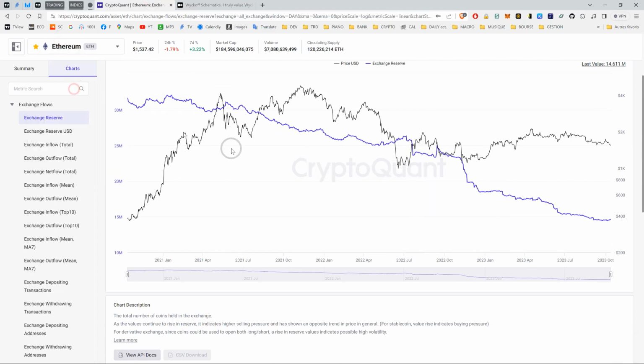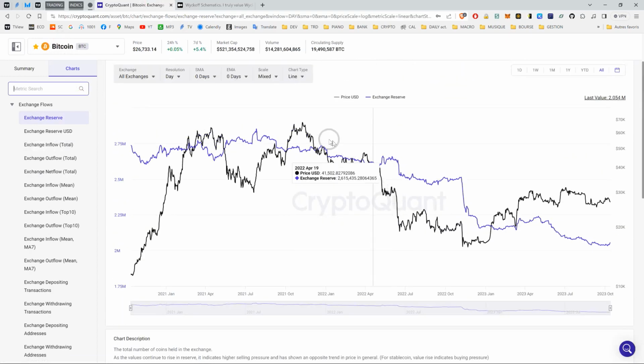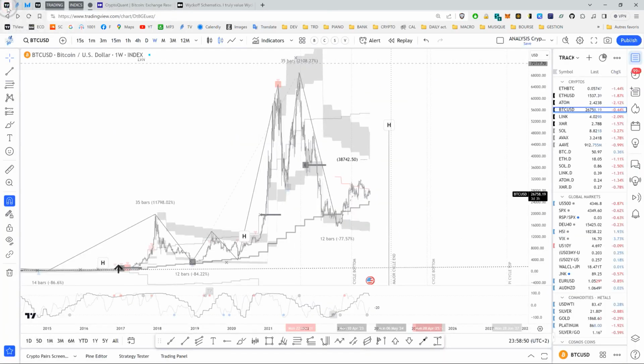I mean, let's go back to Bitcoin. Do you see any significant shift in the supply in exchanges? No, absolutely not. So I'd like to see where your big buyers and big sellers are. Second thing is that doesn't mean someone is depositing in exchanges to sell. If you just make that assumption, you need to learn a few things. We'll explain that later.